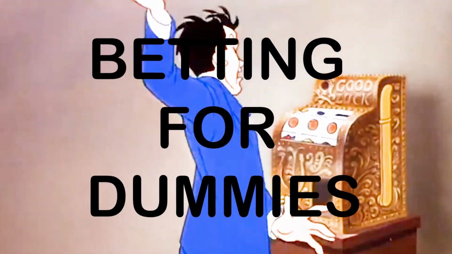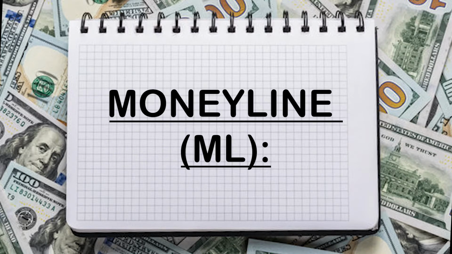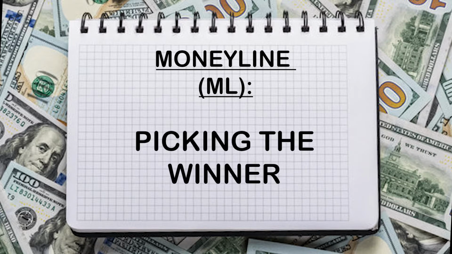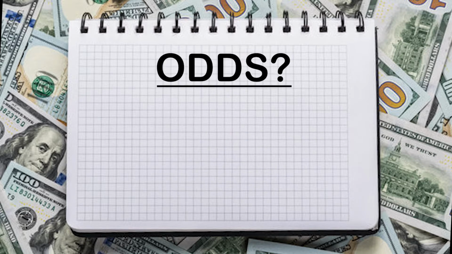Welcome to Betting for Dummies. Let's start with a money line, one of the most common terms in the industry. In its basic form, when you bet a money line, you are betting on a team to win the game. Simple as that. What gets confusing is how the odds work, and for this case, we are going to use